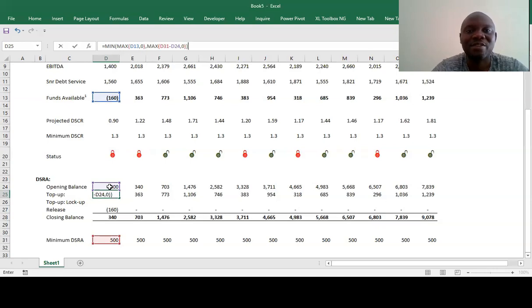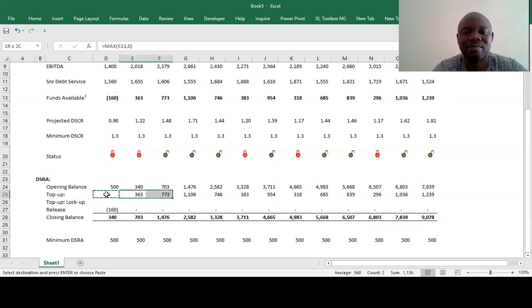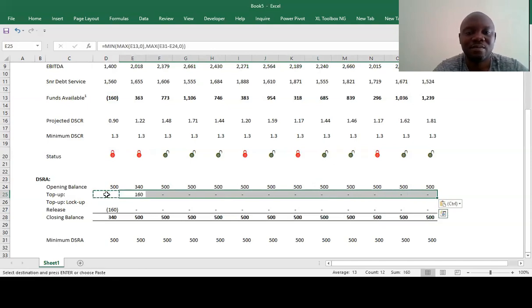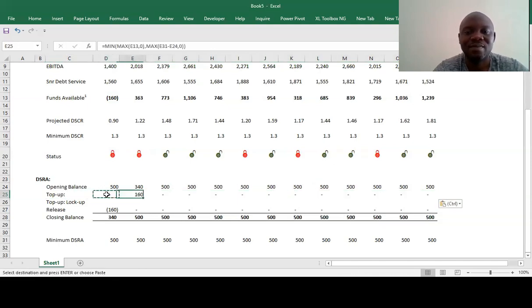Then we can close this now. Let's see whether it works. This makes sense for now. So we have managed to model the first part of the top up, which is not looking at whether it's locked down or whatever. The second part now looks at the concept of locking down.